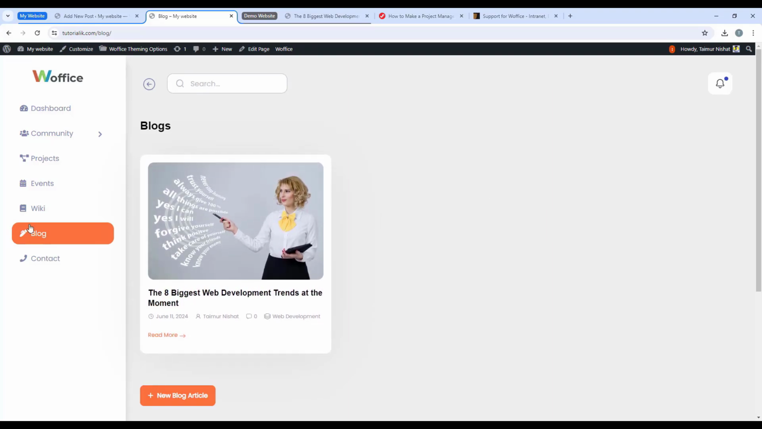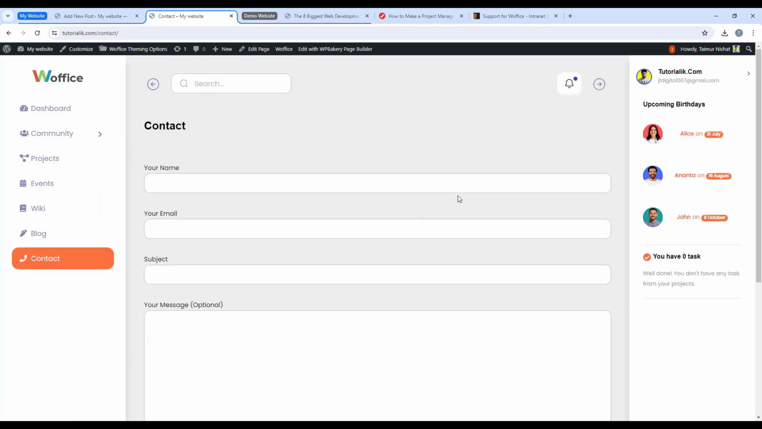Now finally, this is our last page, which is this contact. Let's go there. And in the contact page, your user will have a form like this. So your user can actually contact the administrator through this page. For example, they have to put their name, like Adam Smith, then their email,